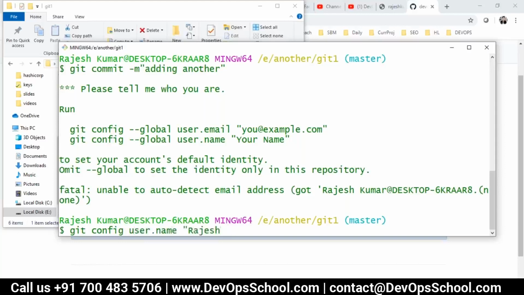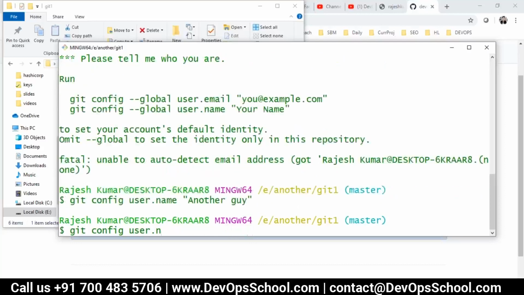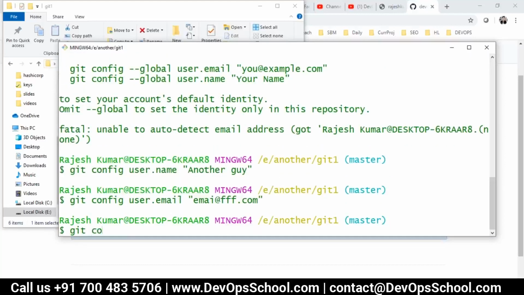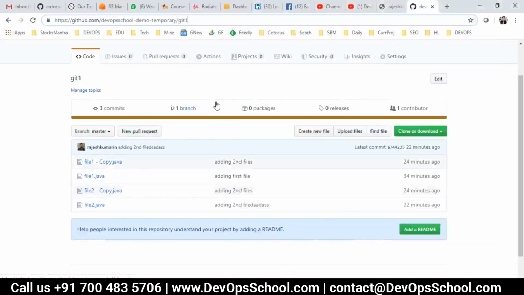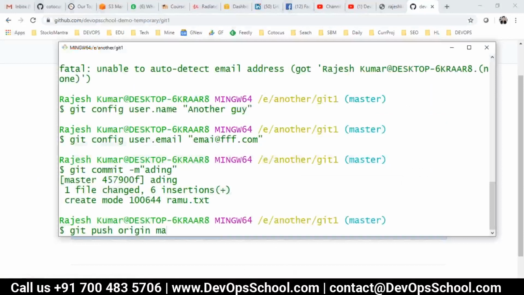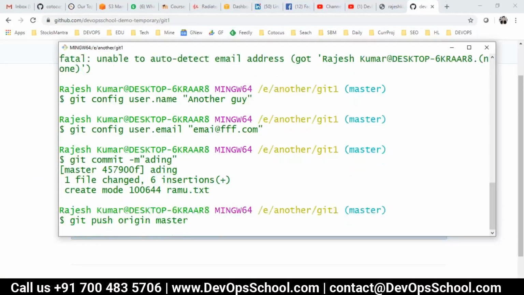Rajesh Kumar, you can set another guy, here, user dot email @something.com, and git commit -m. I committed, which means the local repository, adding, and then git push origin. Why origin? You can give the URL also, but what happens when you clone is that this long name you see gets added to an alias called origin. So master, guys,